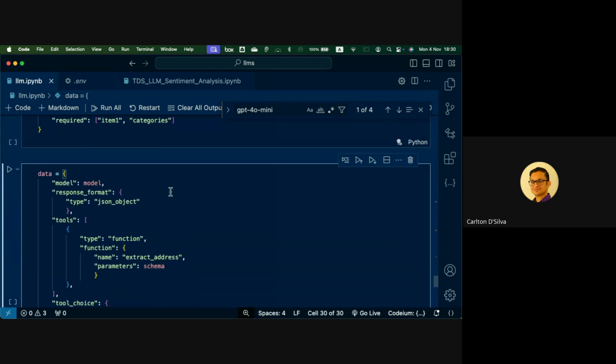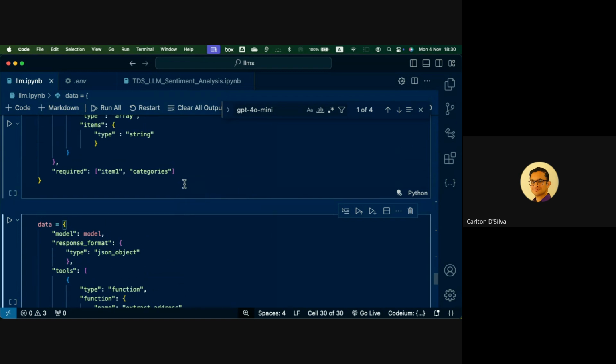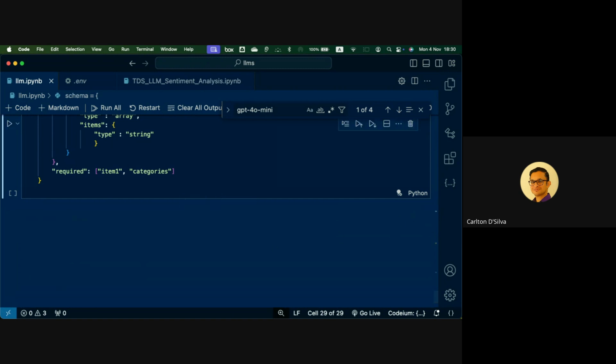So you can see here. No, sorry, this is not it. This is the model itself. Where is the schema?